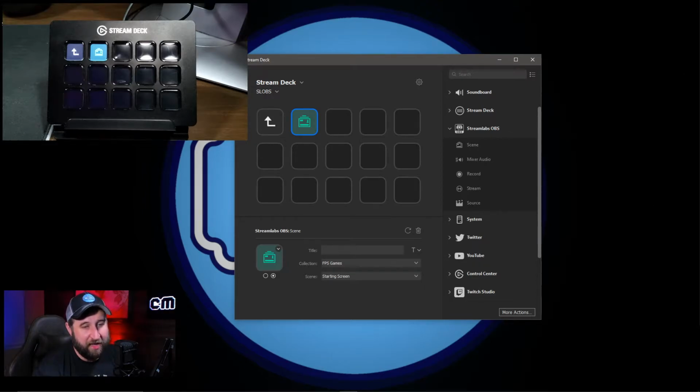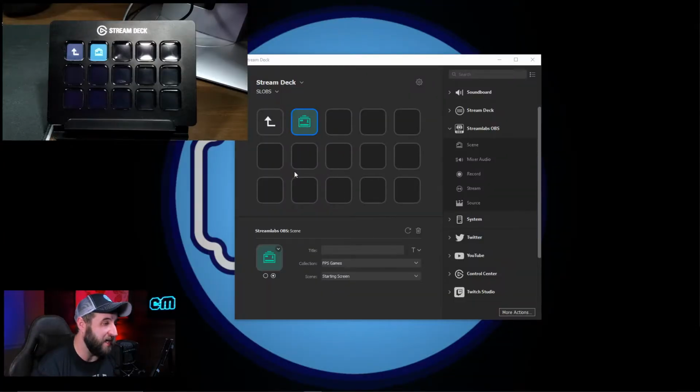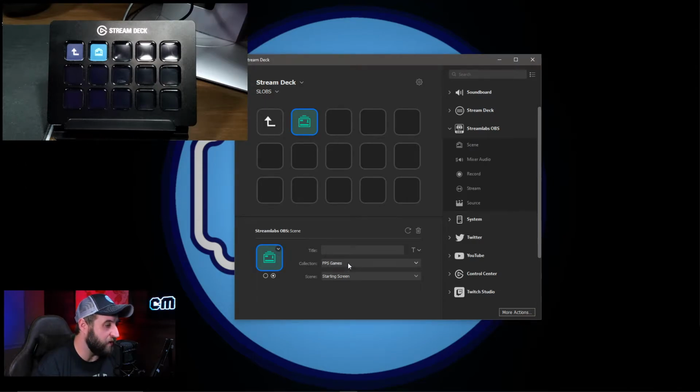So since I have 4 screens, but I have a starting screen and an end screen, I never really hit the hotkey for the starting screen. Plus I can accidentally put it back on the starting screen, so I've decided not to do that. So what I will be doing is we will be taking this and we will say the collection is going to be in FPS games, and then the scene is going to be in between. That's the scene that I will want this to be assigned to. And again, we can change the icon on this, but since we're going to do this on the fly real quick, on this one you can say in